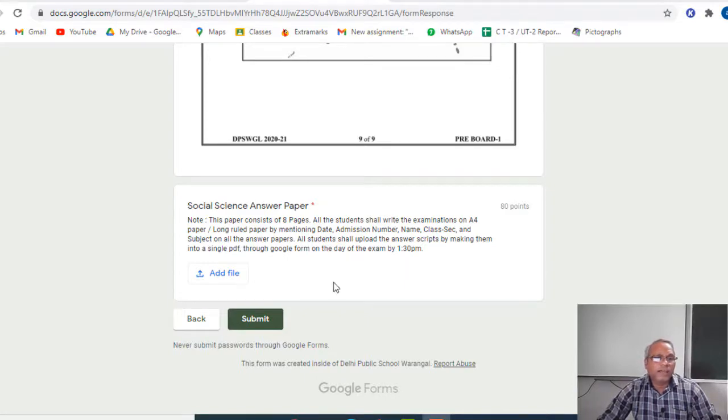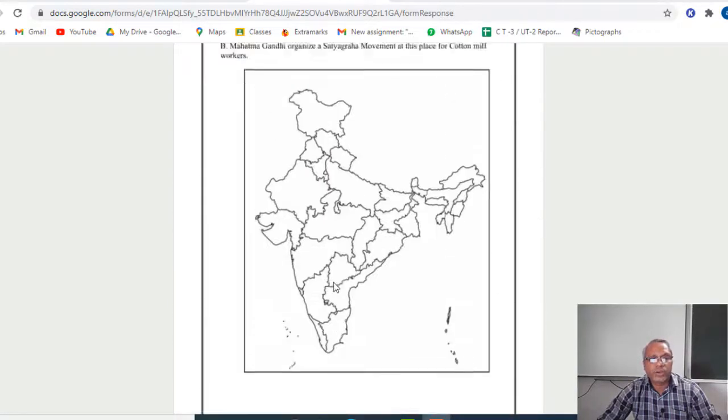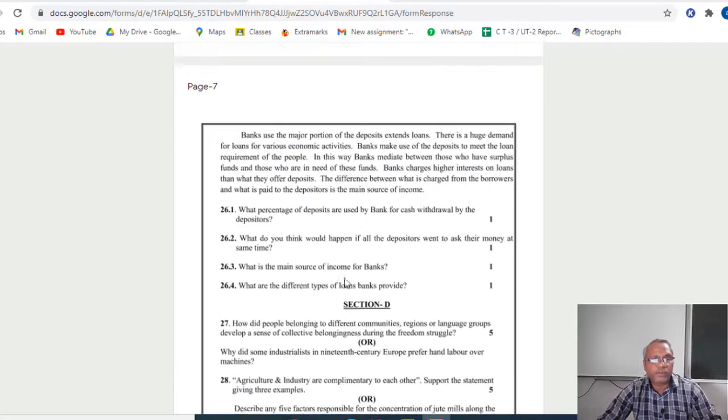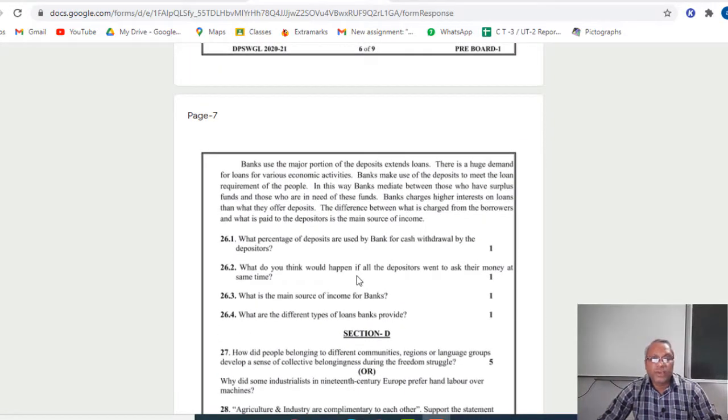So after that, our school exam department received the PDF files from all the students. We have more than 160 students from 6 different sections.